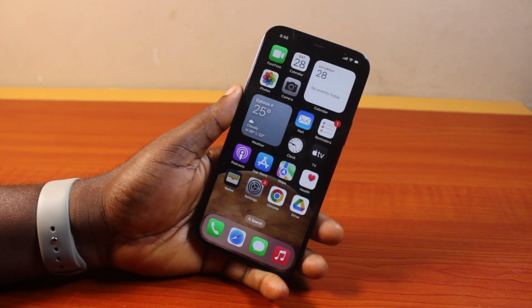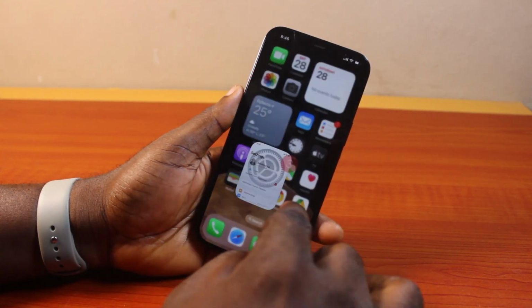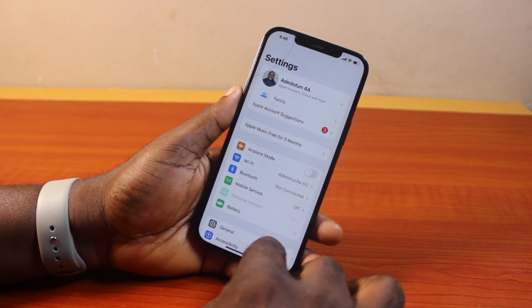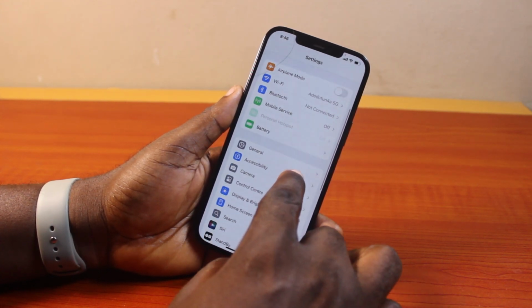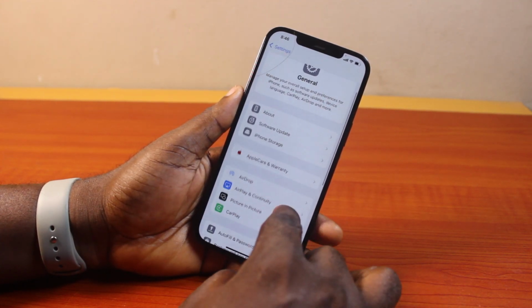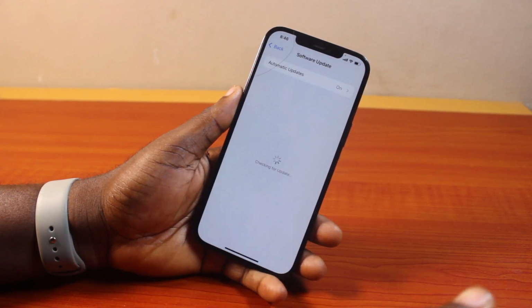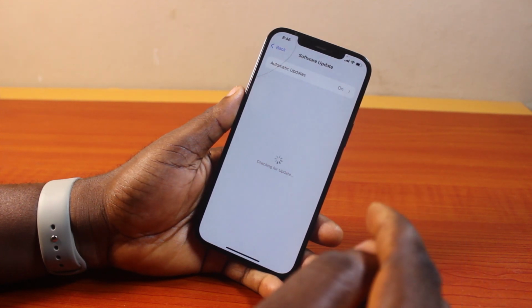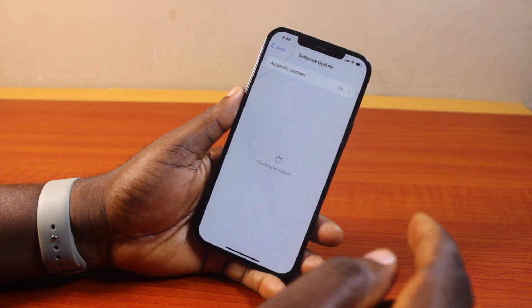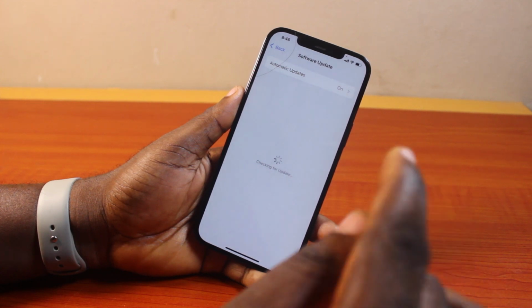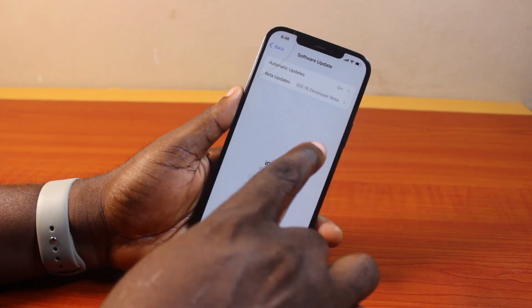Now to cancel iOS update, all you need to do is go to your iPhone settings. On the settings page, just scroll down and click on General. Now once you select General, locate Software Update and click on that. Then hang on for the iPhone software update to check whether there's an update available for you or not. So if there is an update available for you, you may need to download this update and then install it on your iPhone. But if you want to cancel updates on your iPhone, all you need to do is